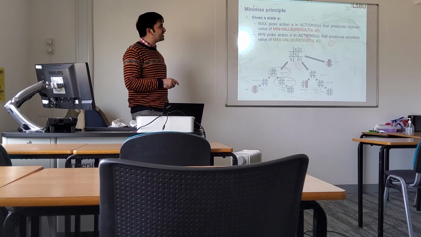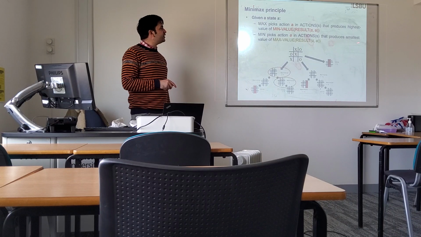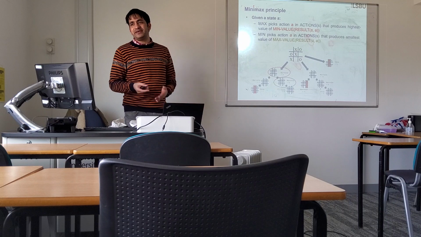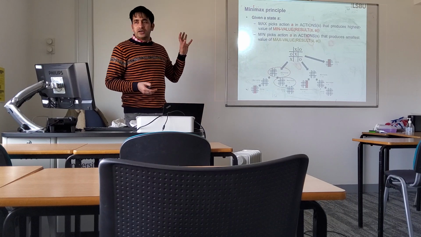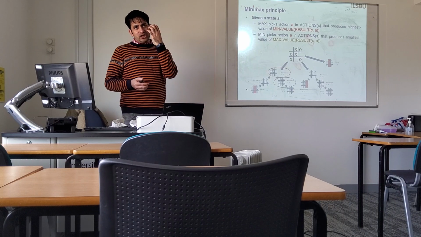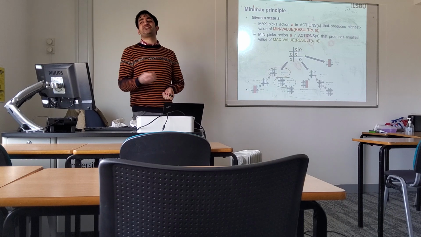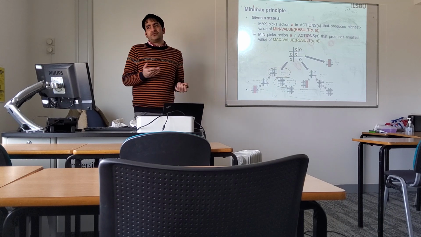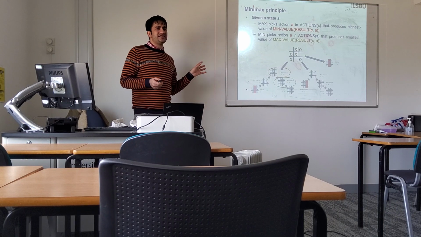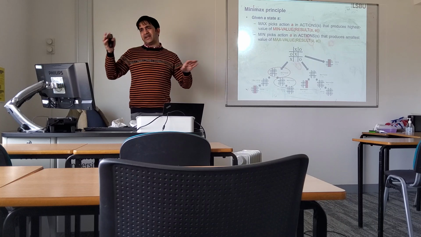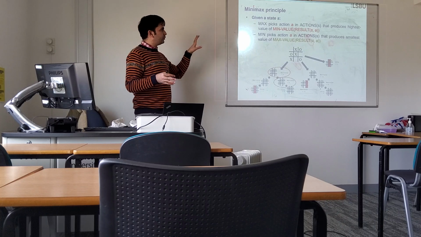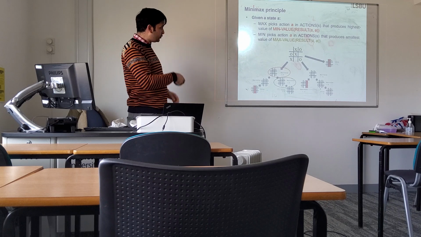And min picks an action from the action list that gives the smallest value of max value. So it means that min is taking the lowest value for max. It means that min is trying to minimize that function, right? And since in this case you can see one was minus and one was plus, we can somehow realize it. So you can see here,